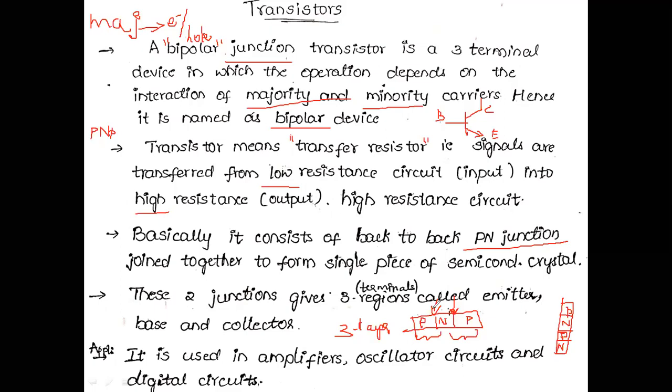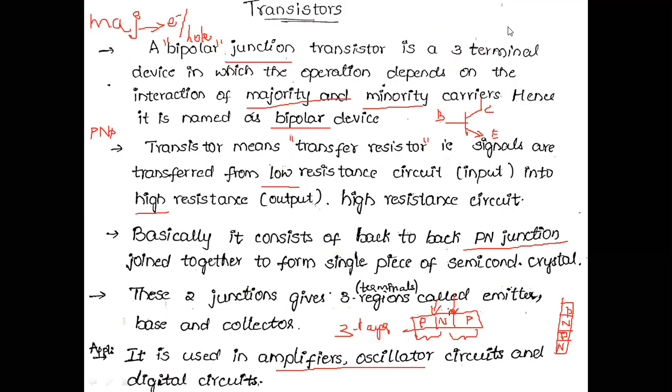Bipolar junction transistor means transfer of resistance, that is from the input circuit side you may come across one resistance value, and across the output side you may come across another resistance value. That may be high or low, depending upon the application we are going to consider there. Okay, these are the key points. The terminals of the transistor are emitter, base and collector. The basic applications of transistors are amplifiers and oscillators.